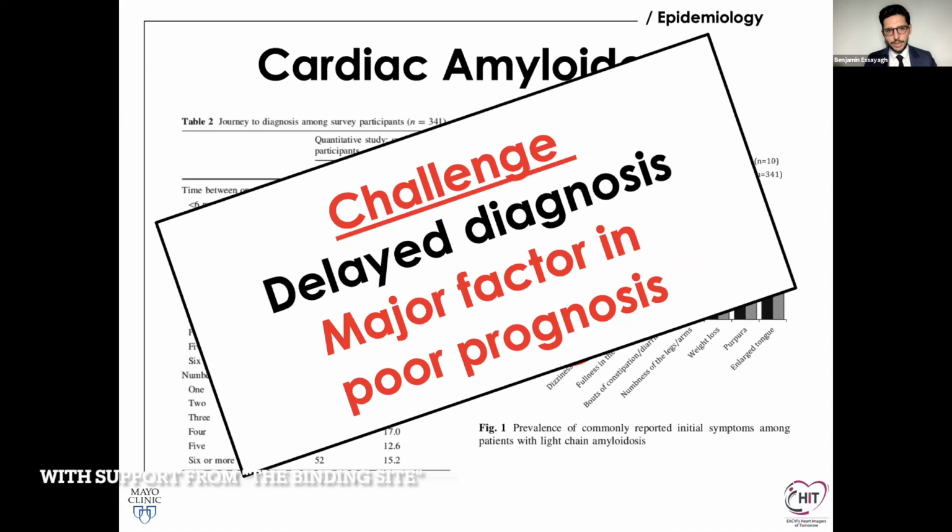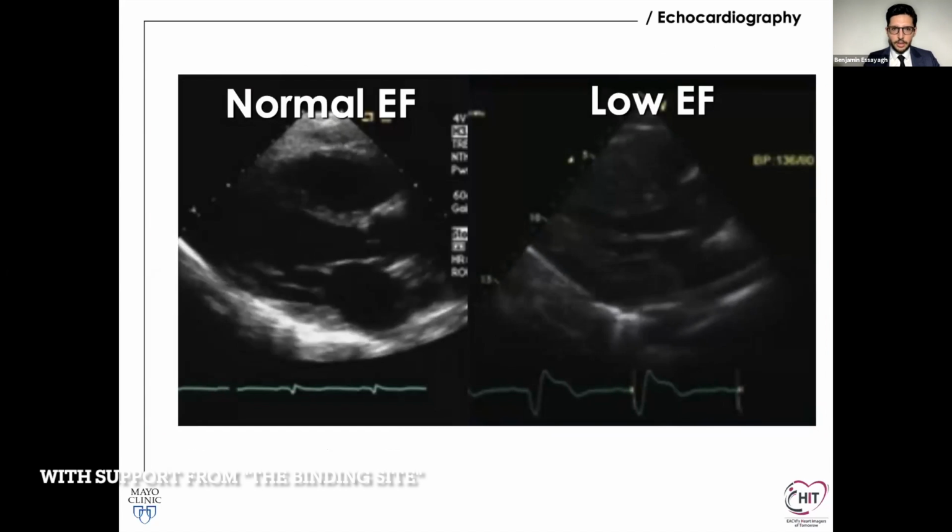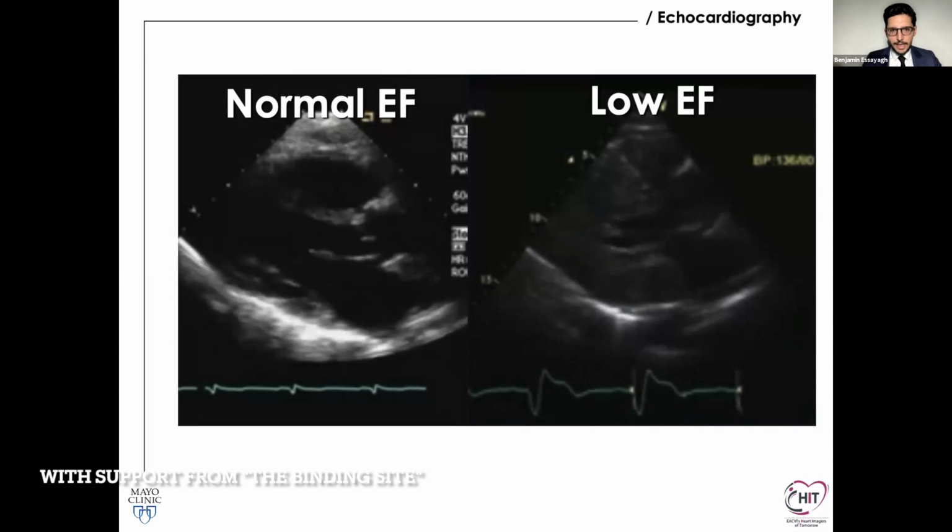So our challenge is to make an early diagnosis, because a delay is a major factor of poor prognosis. So we've said it, the EKG is going to help us here. We have a first degree AV block, a left anterior fascicular block, atrial premature beats, and a borderline low voltage. But the echo is going to be the first imaging modality, and the echo as well